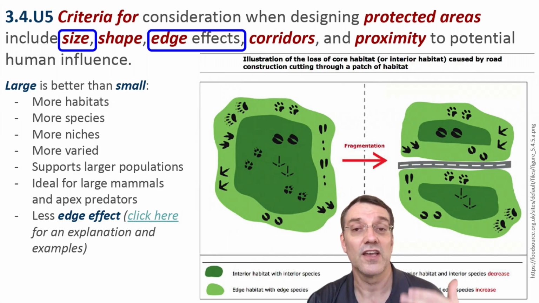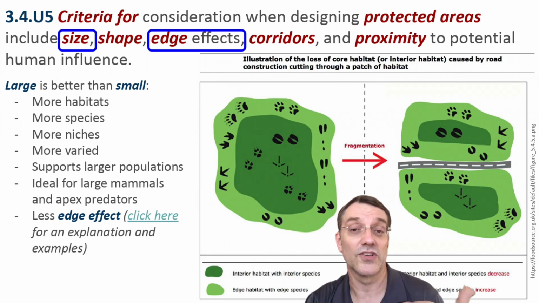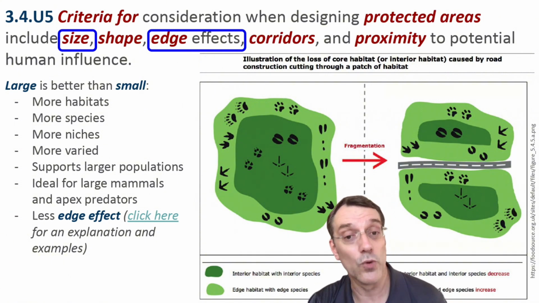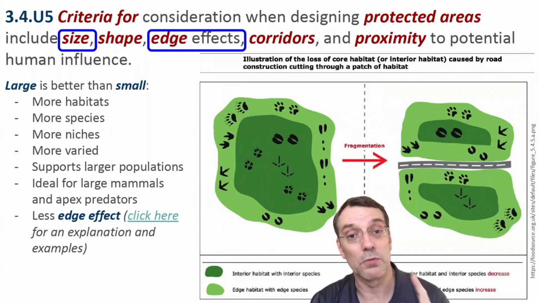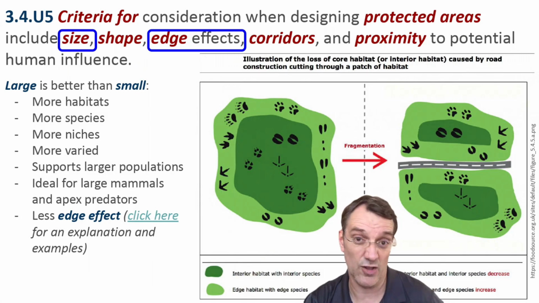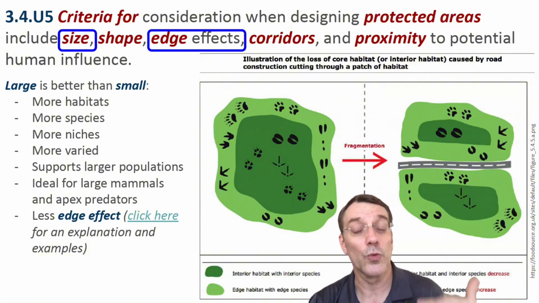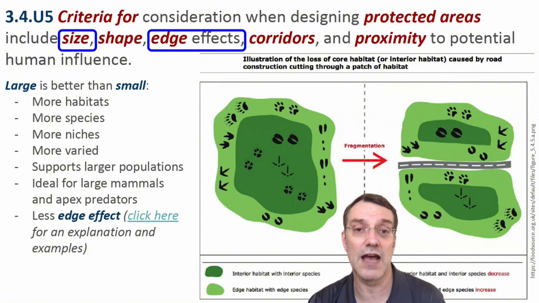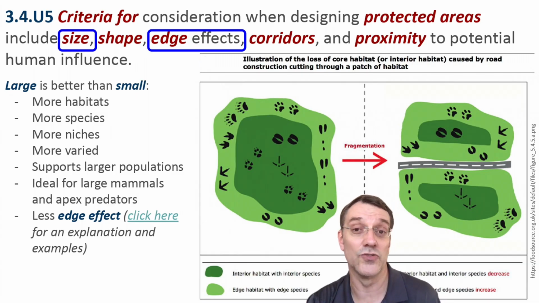Designing protected areas is one of the key elements to successful efforts to conserve biodiversity. And when we design protected areas, size matters. Large areas provide more habitats, greater habitat diversity, they support more species, and really importantly, they reduce what we call the edge effect. This diagram shows how fragmenting habitat with a road, and basically splitting a larger habitat into two smaller ones, reduces the amount of core interior habitat, and it increases the edge zones, which are more vulnerable because they're exposed to human activities.